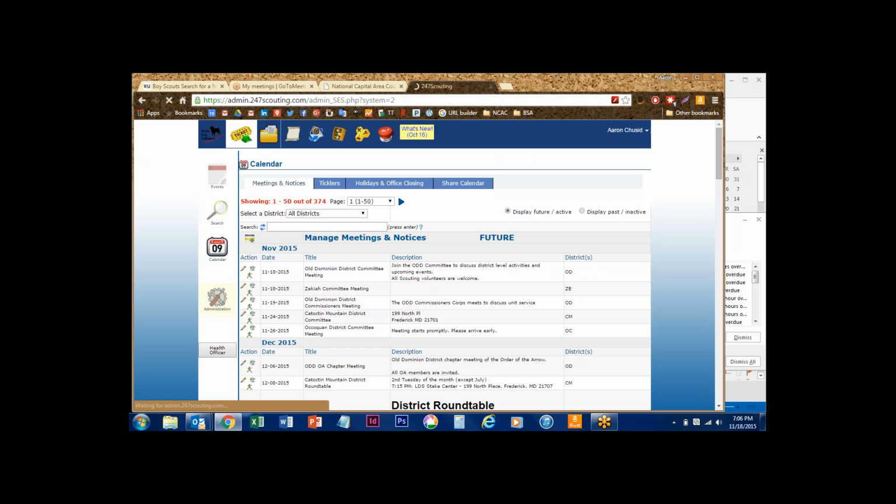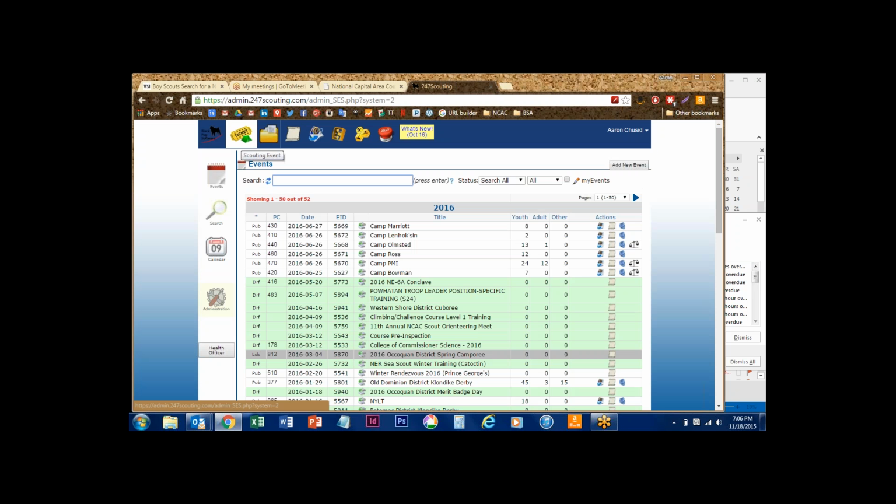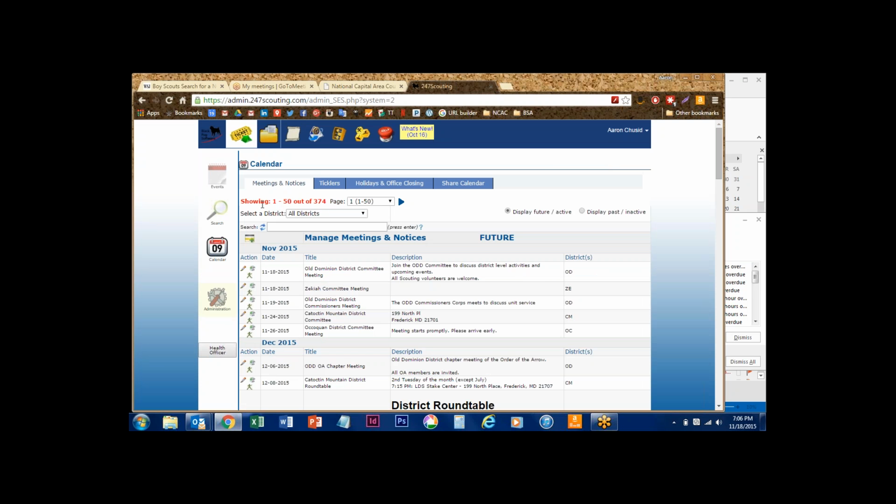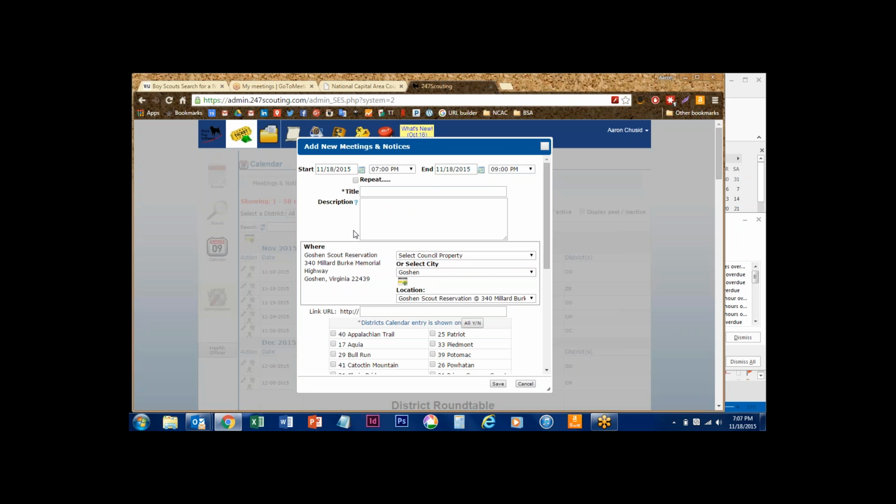Log into Blackpug, go to the event section, click on calendar, and here's a page that shows what they call meetings and notices. But this is really where you want to go to create any reoccurring meeting,